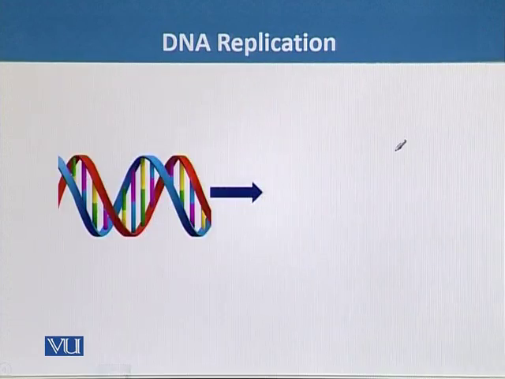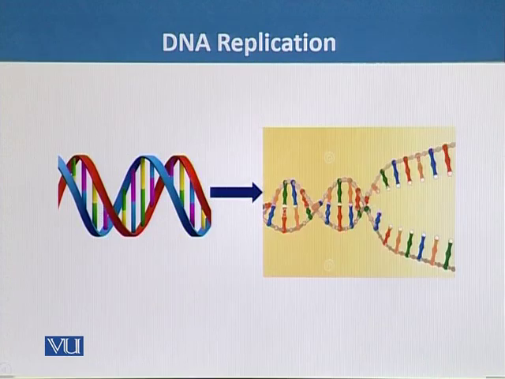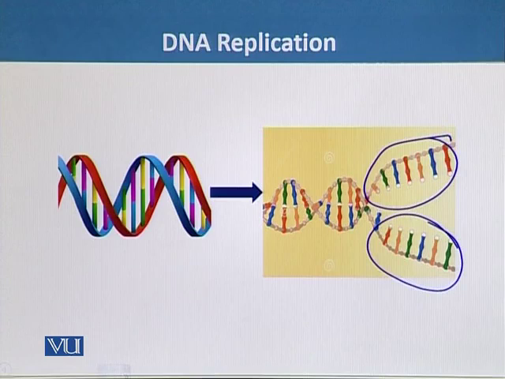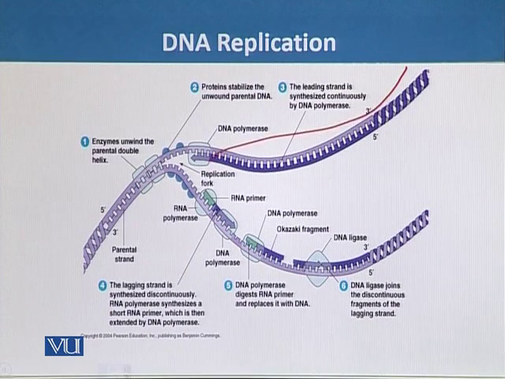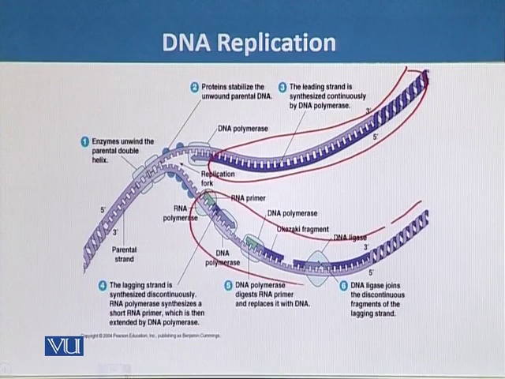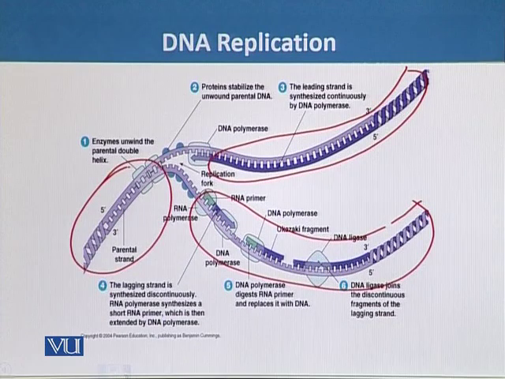So the first main step of the DNA replication starts when this DNA molecule is separated into two strands. These strands are separated apart. So this is the first major step in the start of the DNA replication. So here we can see the details, the process of the DNA replication. And after these strands are separated apart